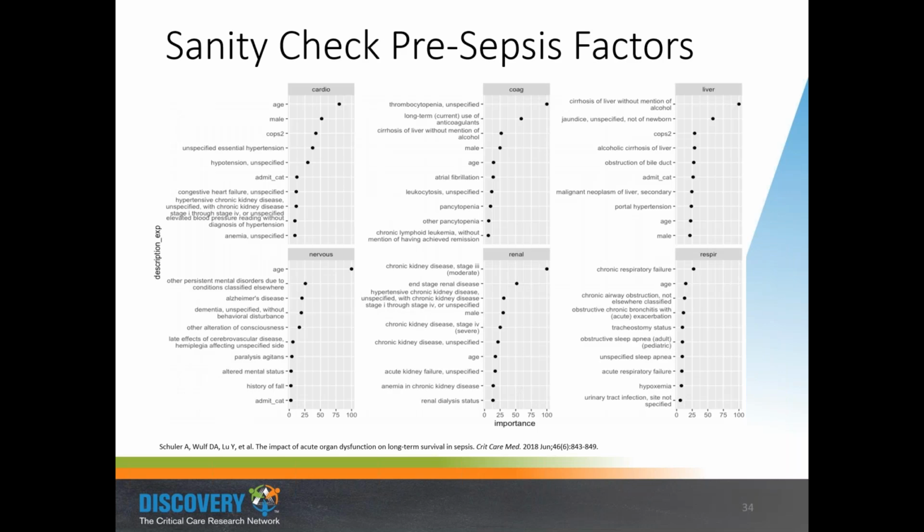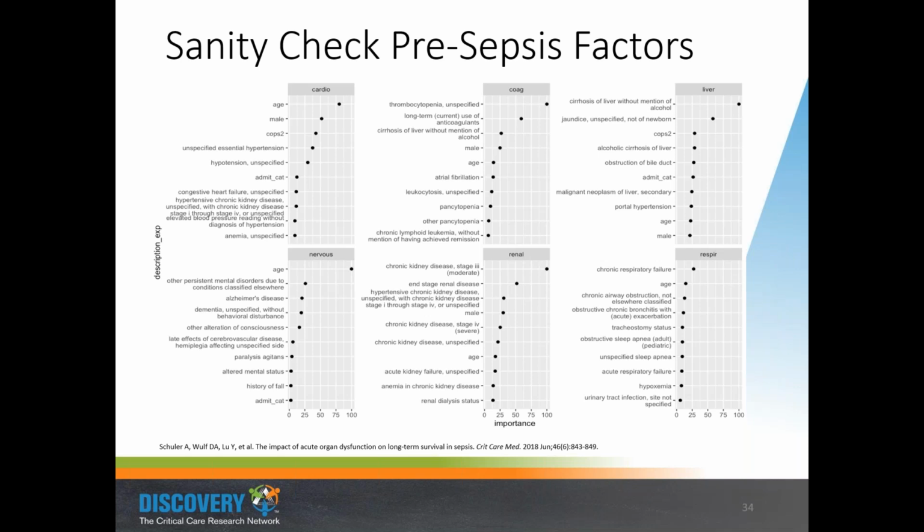So what did we do? We looked at hundreds of variables from the year prior to sepsis, before the acute organ dysfunction. We used a tree-based method called gradient boosting machines, and we set up a propensity score to estimate the likelihood of any patient developing cardiovascular dysfunction, coagulopathy, or liver dysfunction. And here, what we show are, among all of those pre-sepsis factors, which of them most increase the likelihood that the patient will go on to experience that dysfunction.